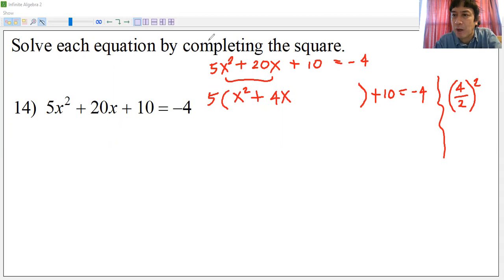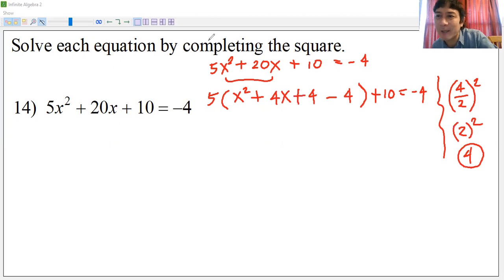So this turns out 2 squared. And finally, it's 2 squared. That's 2 times 2. That's 4. All right, so our number is 4. We add 4, we subtract 4 there. Okay, perfectly legal. We added just 0. So this is now the trinomial that we're going to convert, and this is preceded by the 5